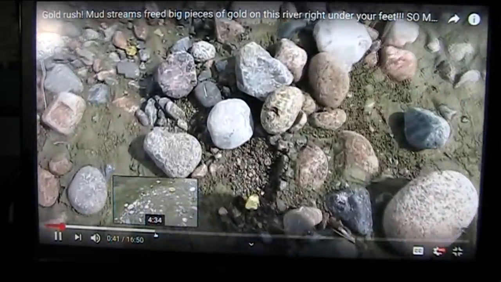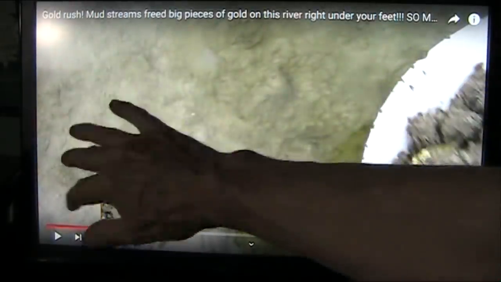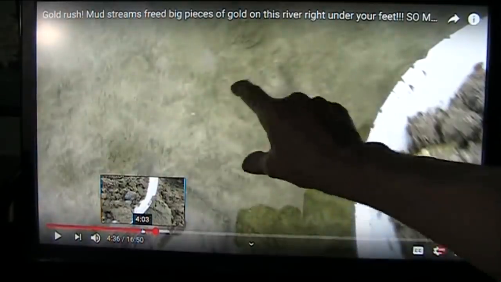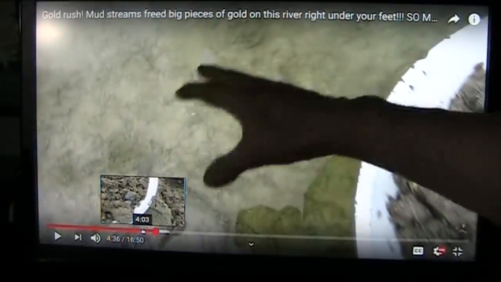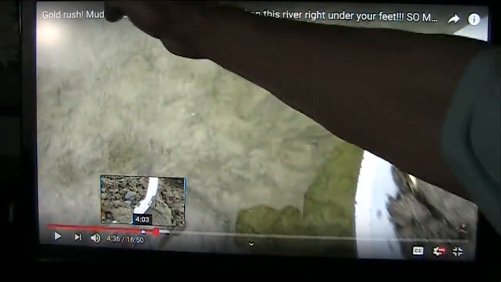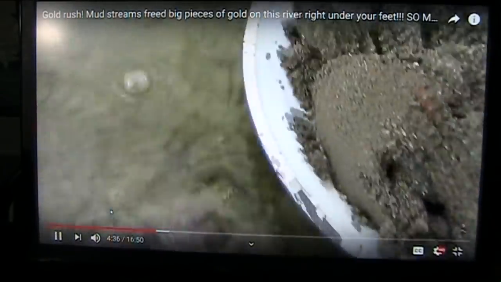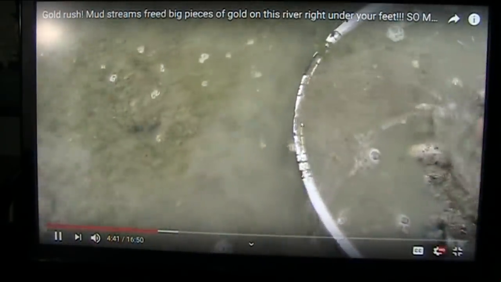I'd like to find another spot where, alright, what you want to do is find a place where the water has run off. You've got a bunch of these pebbles here and there, and you find a little rivulet coming through there. And then find a pocket like this in the middle of that rivulet. So it comes in, then you find a little scoopy area, and then it comes back out. Go in that scoopy area. Alright? Now, he's just using it to wash his stuff out. I would go in that scoopy area because the water had run through there.